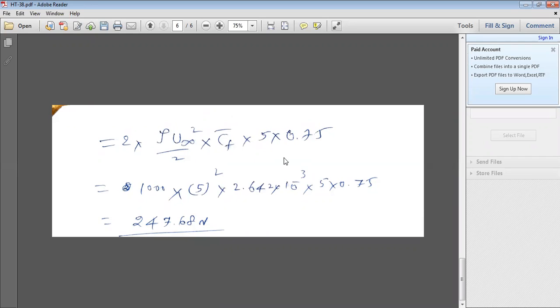So for external flows, yes, in your syllabus it is clearly given: external flows and internal flows. This is for forced convection heat transfer. External flows means flow on a flat plate outside and flow on a cylinder. So far we discussed flow on a flat plate for laminar as well as turbulent flow conditions, but we have not covered flow on a cylinder. Only the calculation of surface area is different.